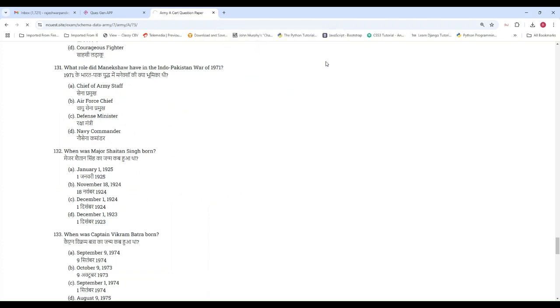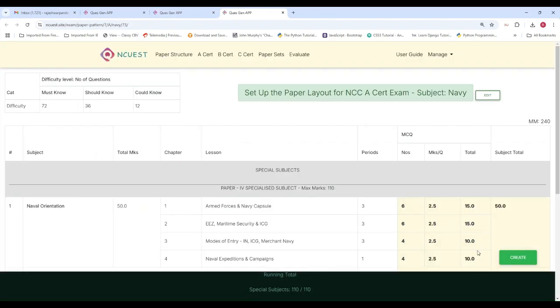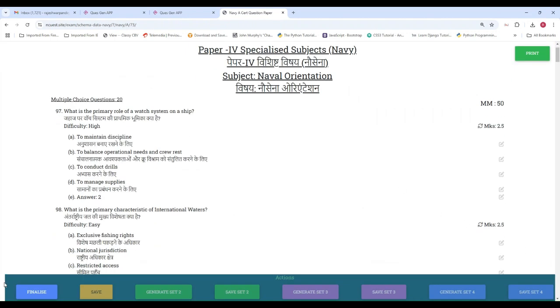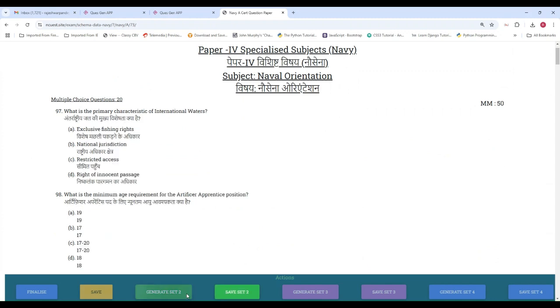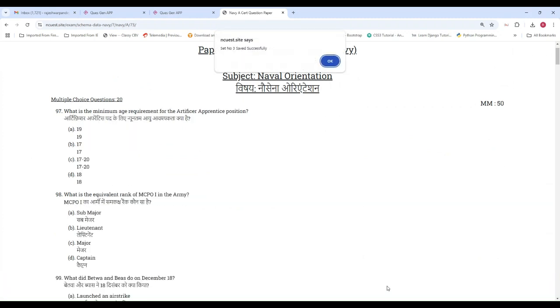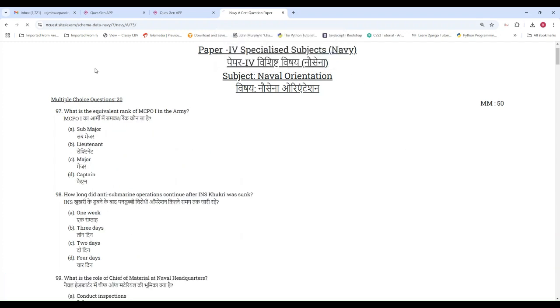Okay, again, I go back to the same page. Now the option of generating army paper is gone. I can now generate the navy paper in a similar manner. I can click on create and finalize, save, generate, save, set 3, save, set 4, save. And the last one is